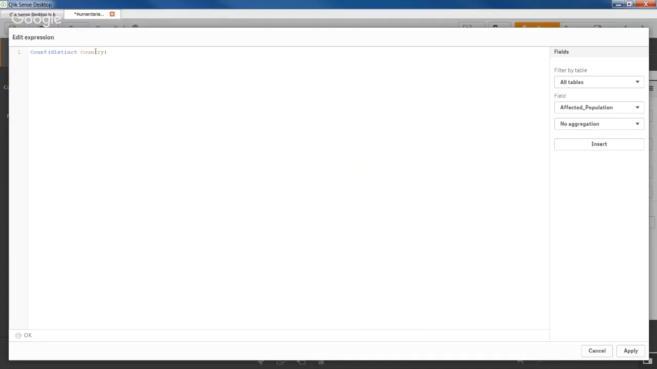And this time we want to count sources of information, not countries. So just delete the word country, because we copy and pasted this one. And on your right-hand side,